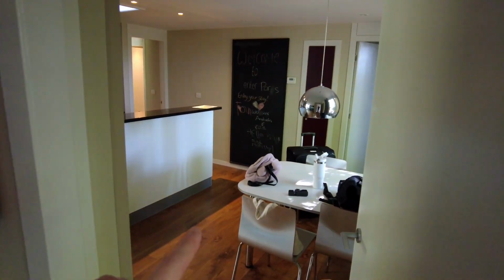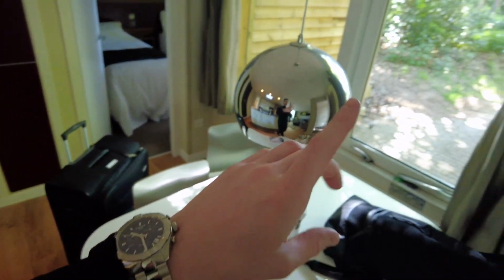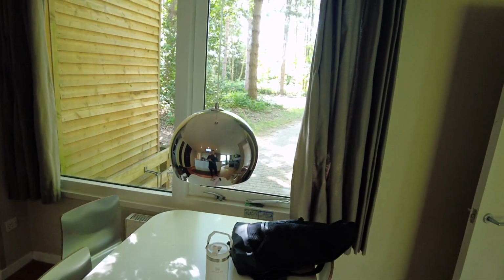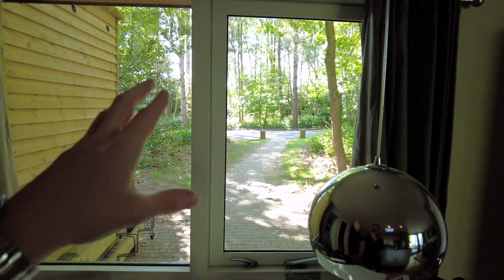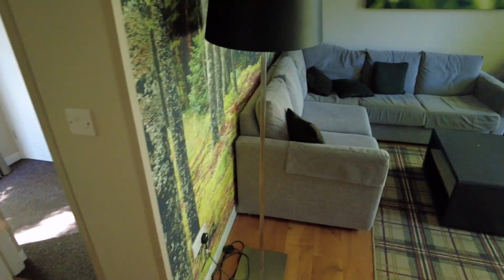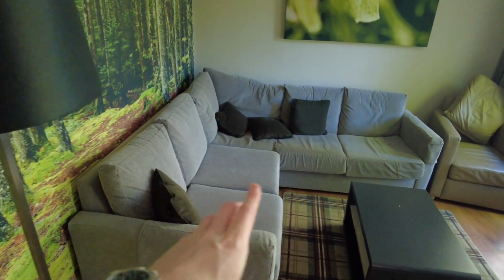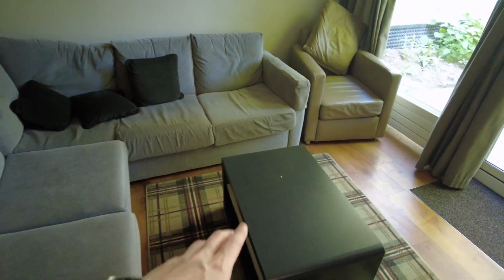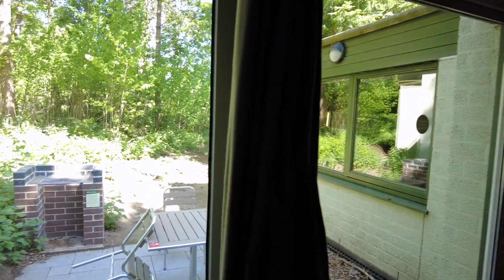As you walk through, you've got a table for 4 people here, which looks out over where I've just come in from, which is really nice. And there's no other lodges opposite us. I mean, you're never overlooked in Center Parcs, but it is a really nice touch. Then over this way, that's the main entrance door. You've got a corner sofa here, a table, a little leather chair, and then 2 sets of curtains that close up, and outside is a nice little terrace